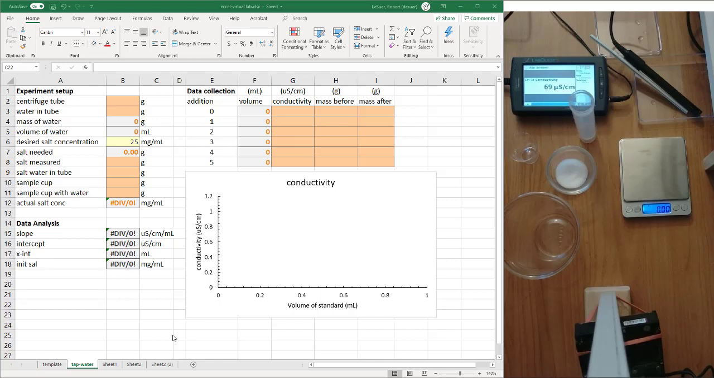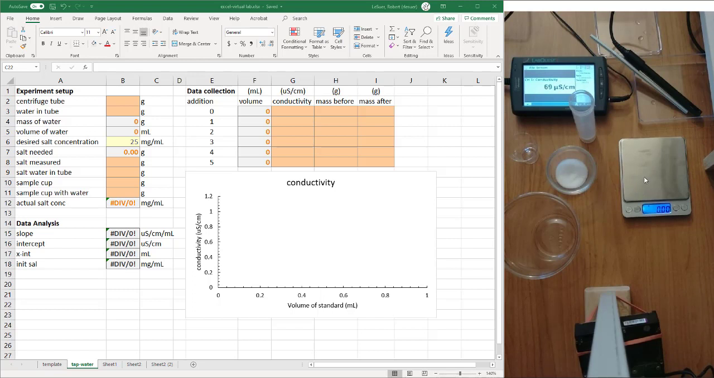Before we actually start this experiment, I want to go over some of the experimental setup and the way we're going to collect the data and analyze it. On the right-hand side here, we see the experimental setup. We've got a digital balance to two places that we're going to use for measuring the